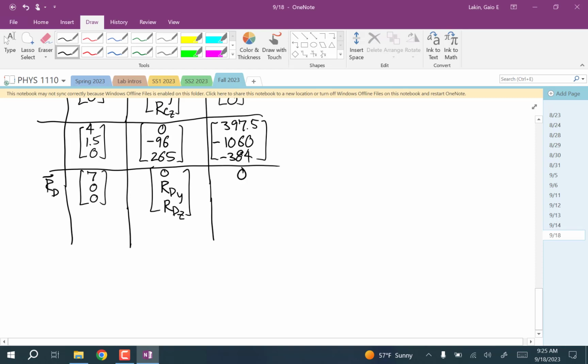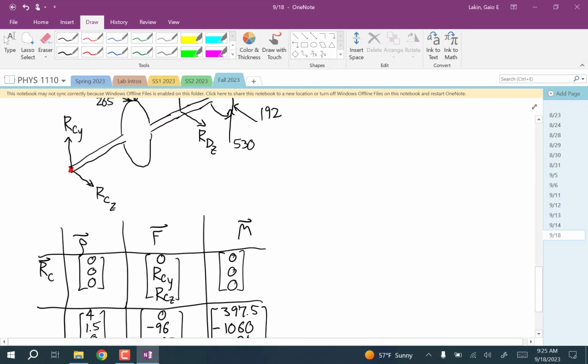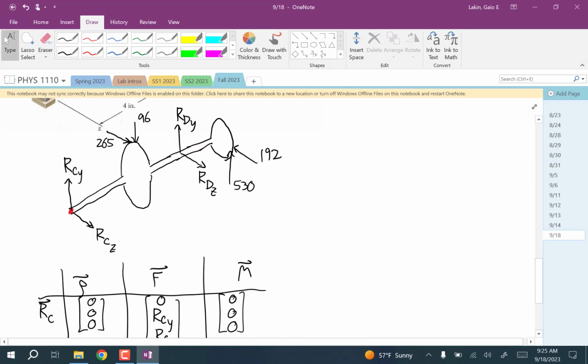And so you get 0, negative 7 RDZ and positive 7 RDY. And then the last force,